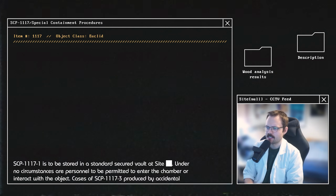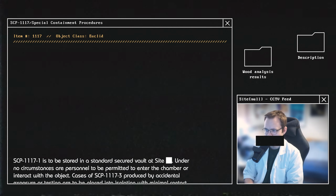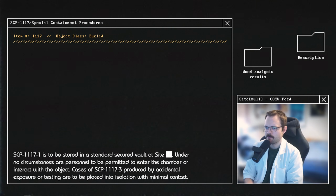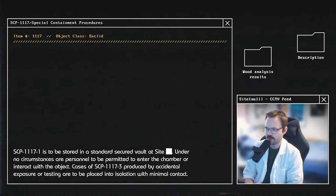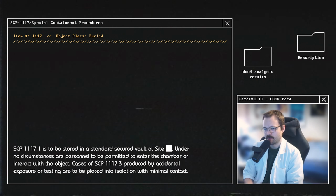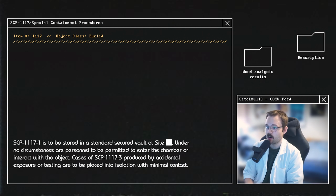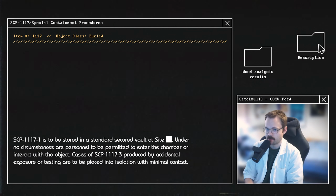SCP-1117-1 is to be stored in a standard secured vault at Site. Under no circumstances are personnel to be permitted to enter the chamber or interact with the object. Cases of 1117-3 produced by accidental exposure or testing are to be placed into isolation with minimal contact. Description: